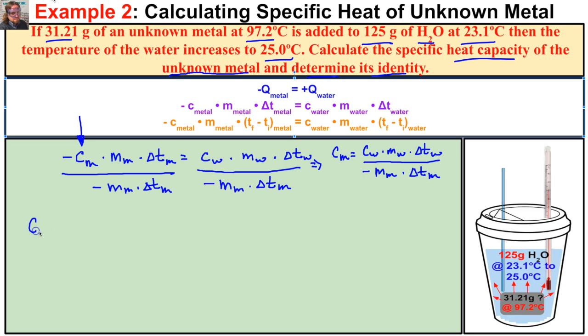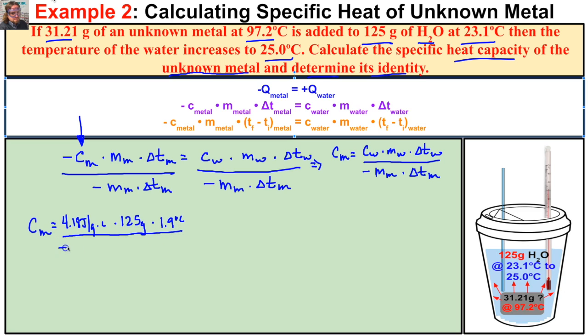And so to get the specific heat capacity of our metal, we have to take the specific heat capacity of water. You should have that memorized. That's 4.18 joules per gram degrees Celsius. Times the mass of our water. The mass of our water is 125 grams. Times the change in temperature. What is the change in temperature of our water if it's going from 23.1 to 25? Well, we take the final temperature minus the initial temperature. And if we do that, we could probably do that in our heads, we will get a temperature difference of 1.9 degrees Celsius. And then we're going to end up dividing this by,